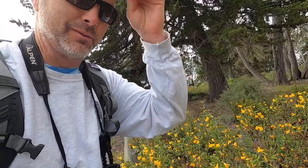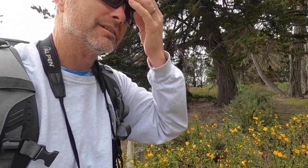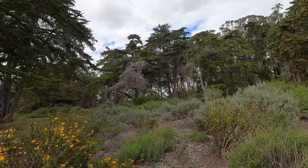You can grab one just to demonstrate that, and they stick to you, right? So sticky monkey flower. If you grab one of these things and it sticks on your forehead, you know that's the sticky monkey flower. All right,